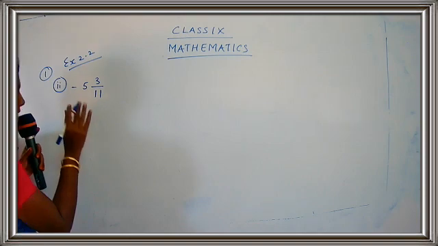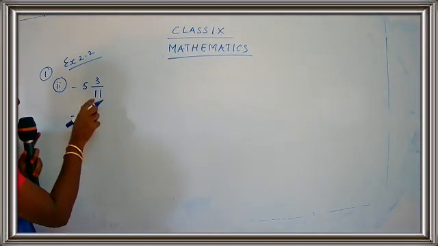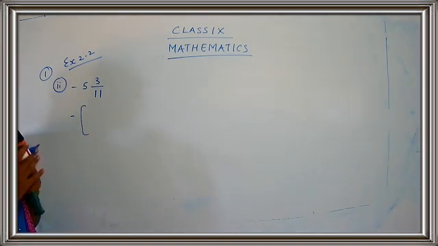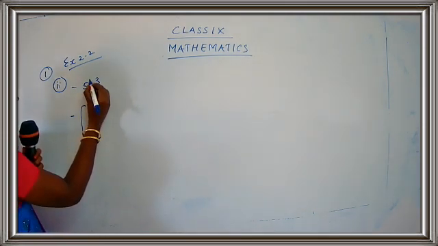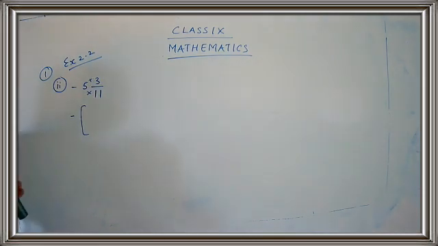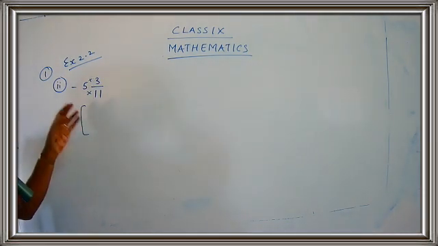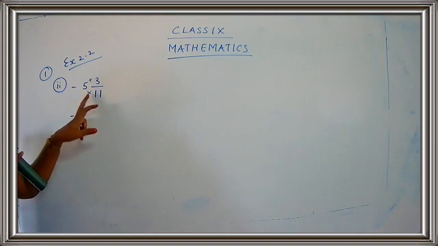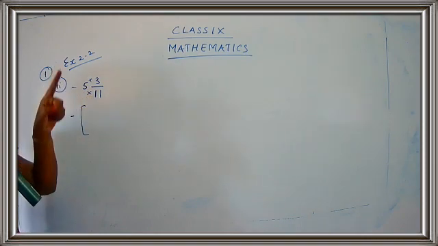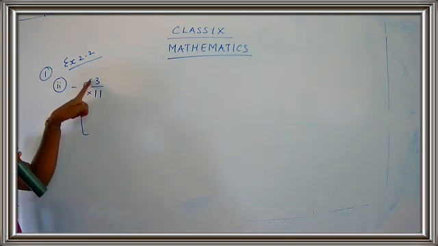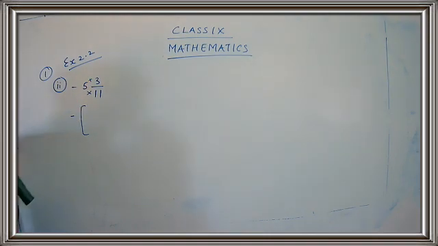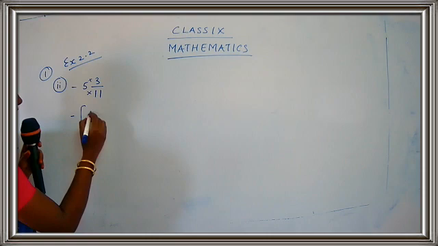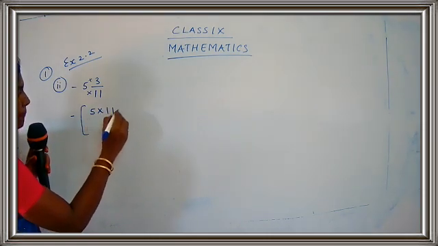Just keep it as it is. So I'm just going to write minus outside and I'm going to change this mixed fraction into improper fraction. So how to go for the conversion children? First of all, you have to multiply and here you have to add. This is the way of changing the mixed fraction into improper fraction. Just see here children. So what will be in the denominator part? Multiplication. And what you are going to do in the numerator part? You are going to add the number. So how to write down this number? Just see here. It is 5 into 11 plus 3.